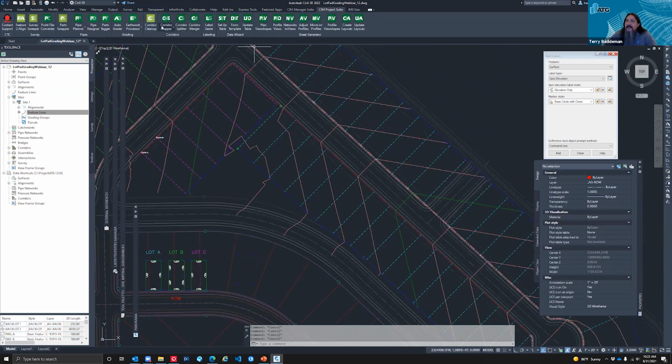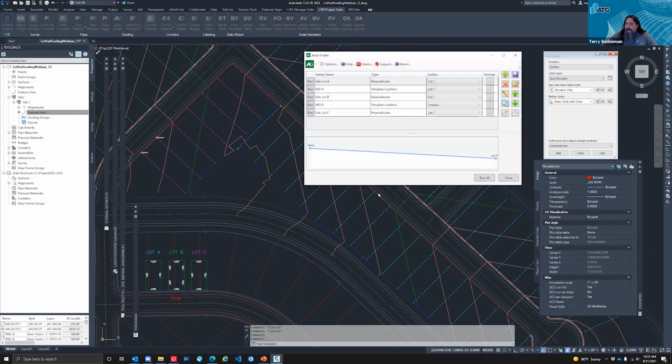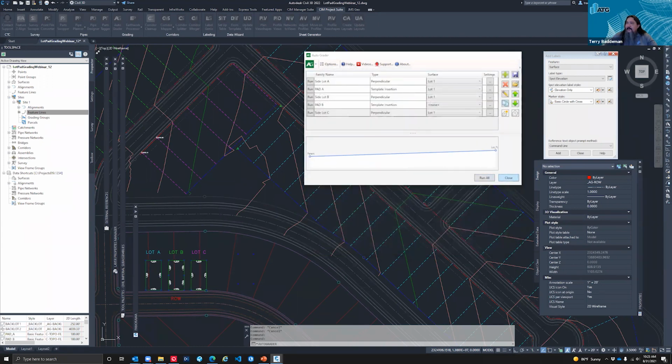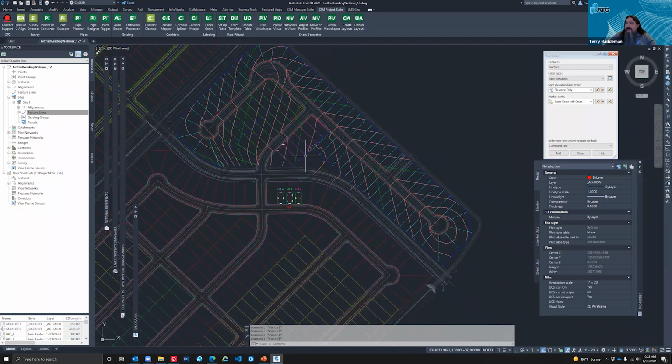All right, let's look at side lots. Yeah, I think I might have used the wrong one. We'll just continue on here. All right, so